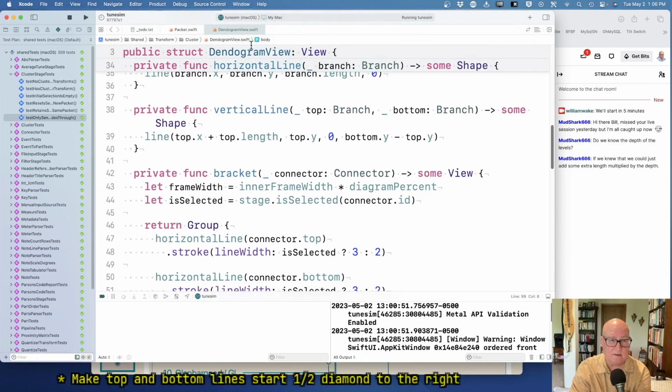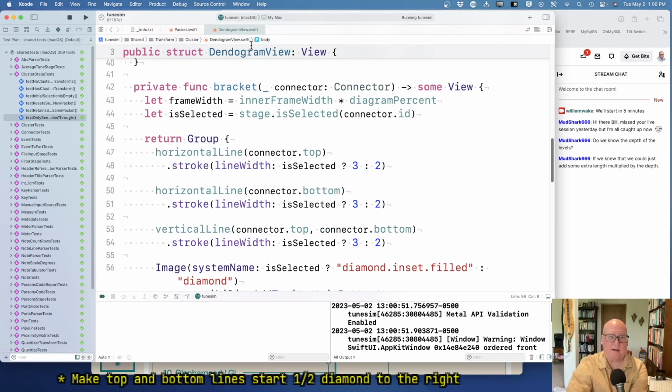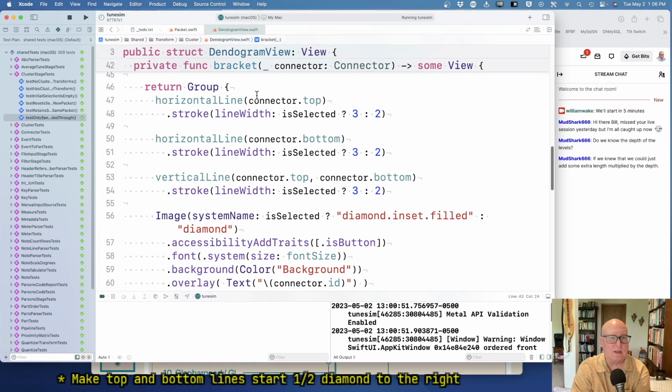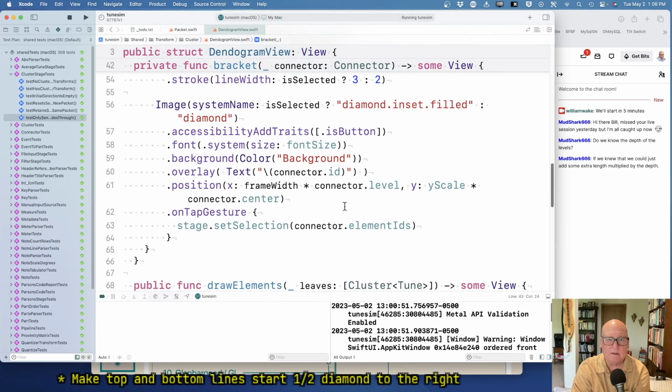All right, well, let's look at bracket for a minute here. Okay, so we get a frame width, which is the amount of space we have to work with, and we know if our stage is selected. Okay, so we draw a horizontal line for the top, another for the bottom, another for the vertical line, and we set the width accordingly. Then we draw the diamond, filled or not, and